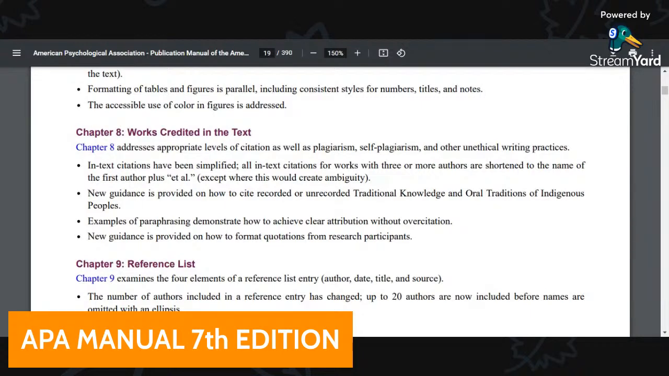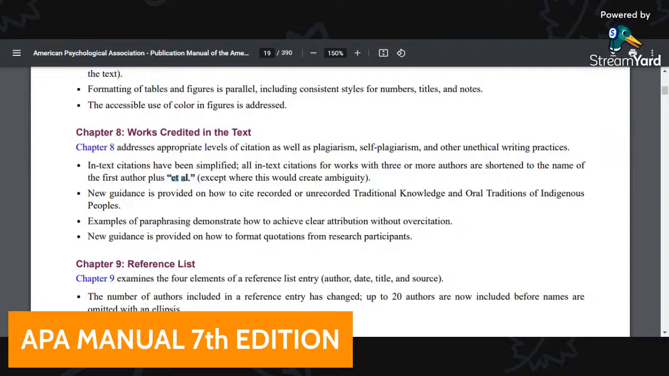Name of the first author plus et al. Et al. is very widely used in our research work, and many students and scholars get confused about why we are using it. So here in-text citation has been simplified: in all in-text citations, work with three or more authors is shortened to the name of the first author plus et al. It means